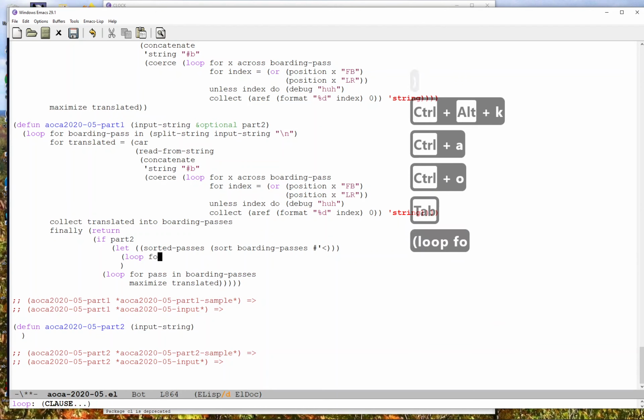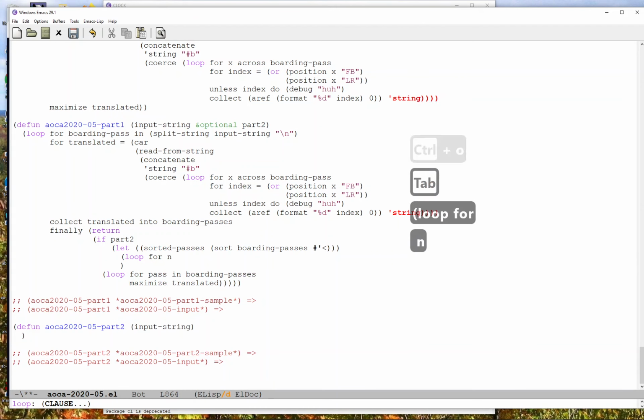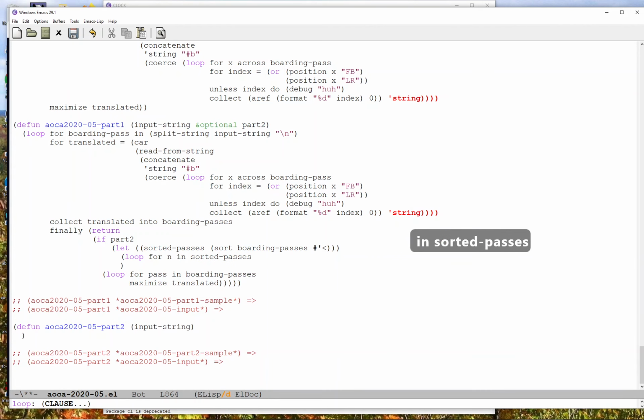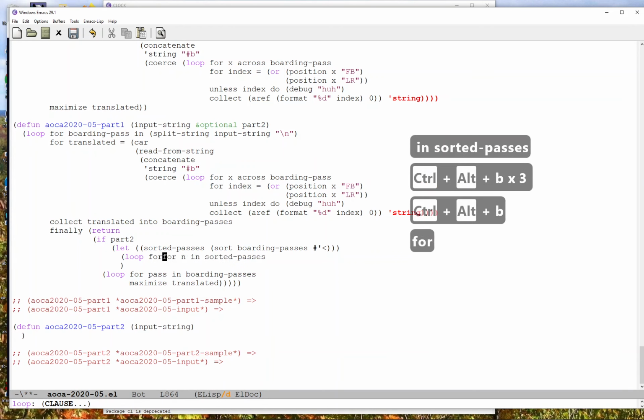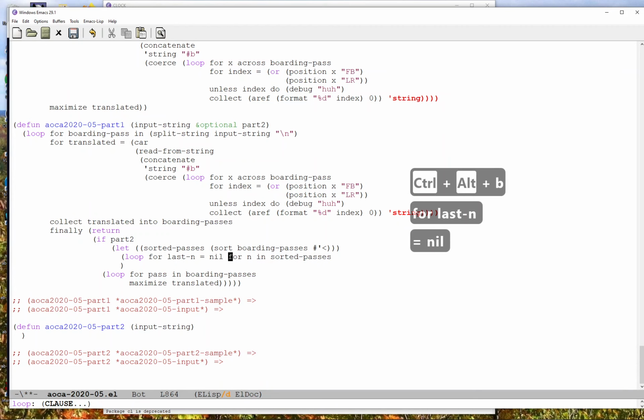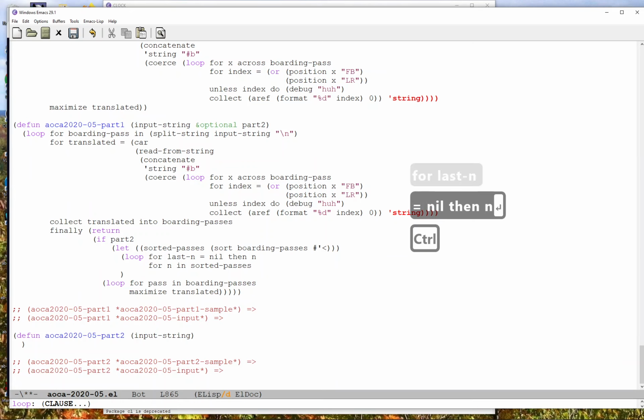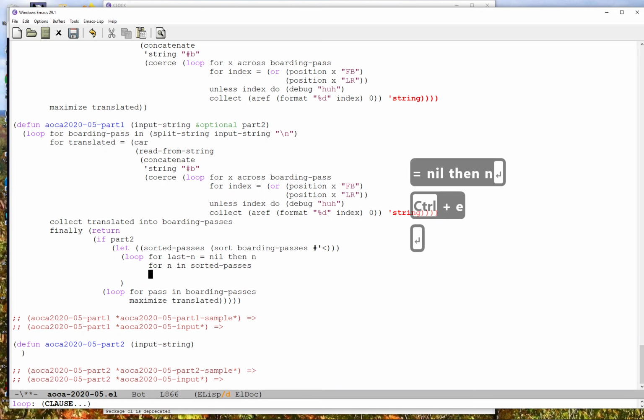Loop for n in sorted passes, for last n equals nil, then n for n in sorted passes